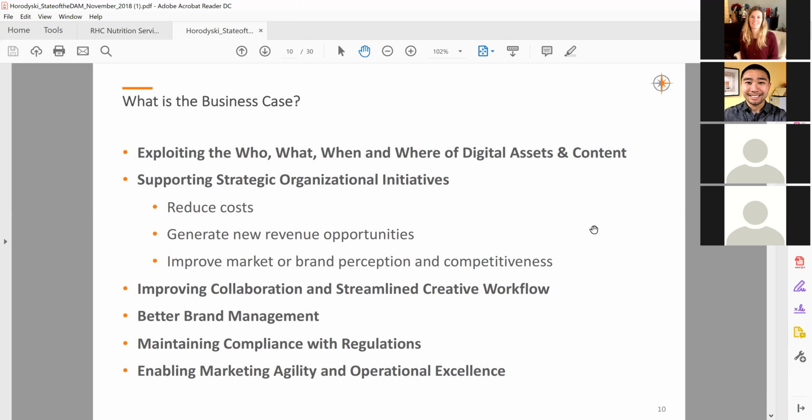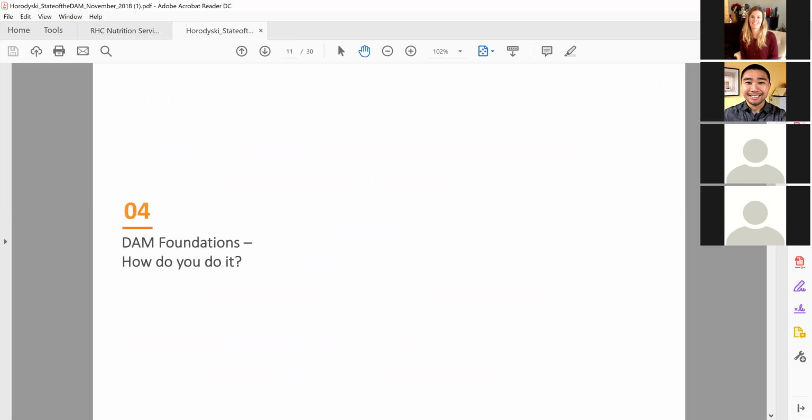Now, because the demand for assets is very strong in this modern world of multimedia and rich media graphics, digital assets are being used in all different ways in design, production, and distribution. So in order to have better brand and market position, the technology to support these things is essential, and that's what digital asset management can do. It's that power for an organization to, as I said earlier, have the right people empowered to make those changes and be strategic for an organization going forward. So those are some things to consider if you're trying to understand some of the reasons as to why a business case is needed to have digital asset management.